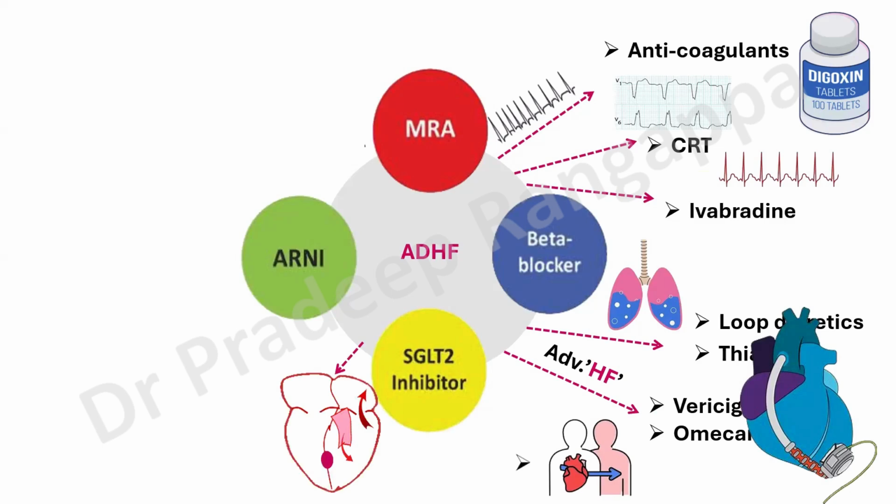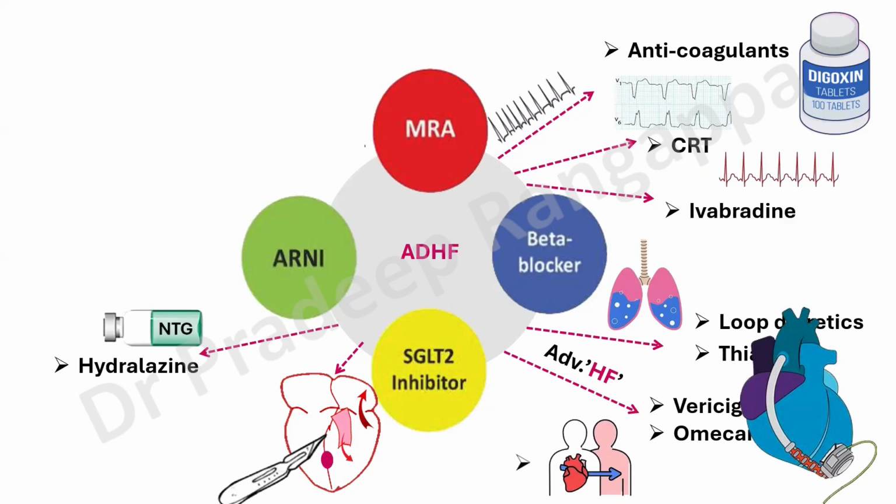And if someone has valvular lesions with severe regurgitant lesions, then surgical intervention has to be thought of. If someone has a VSD, someone has severe MR, some severe AR, then surgical intervention to fix the regurgitant lesion to optimize the heart failure has to be thought of. And nitroglycerin or nitrates have to be considered in patients where you need to reduce the preload. You may have to think of nitrates, and arterial dilators like hydralazine to offload the LV.